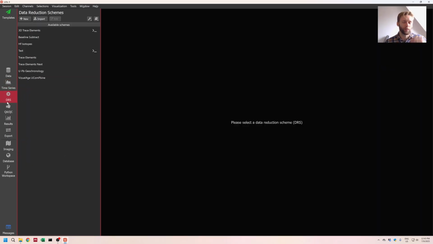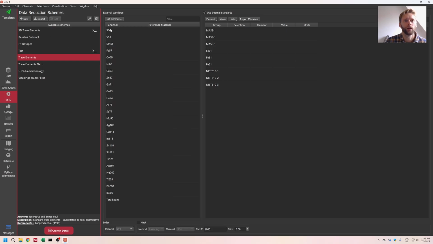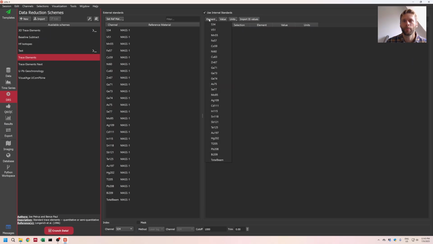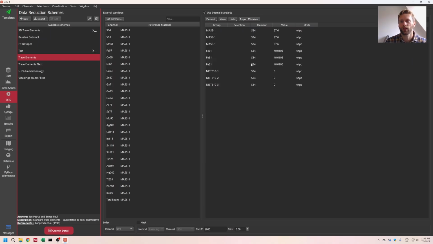So in DRS, that means data reduction scheme. This is how we're going to produce the numbers. So first we'll click trace elements. We'll select reference materials. So for my samples, all my elements I'm going to tie to mass 1 here. Just keep things simple. I'm going to put everything on sulfur here. And I think NIST 610 has